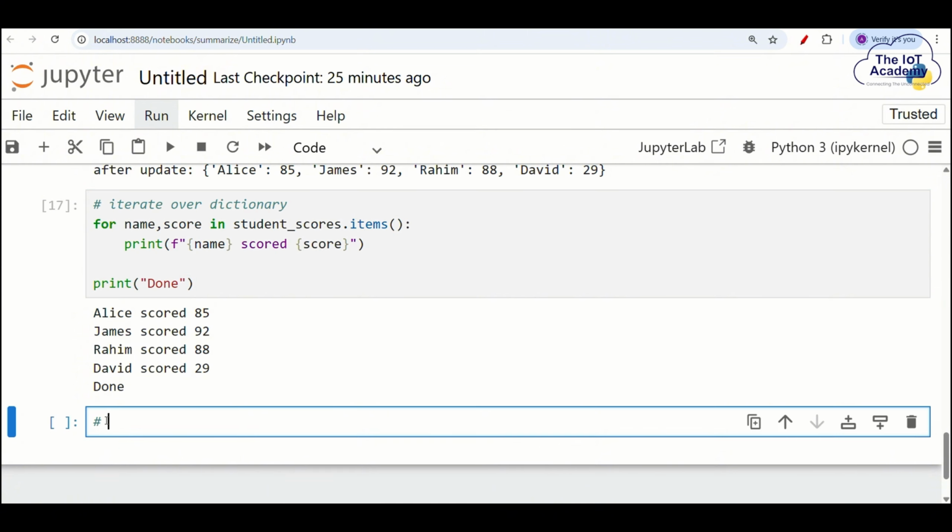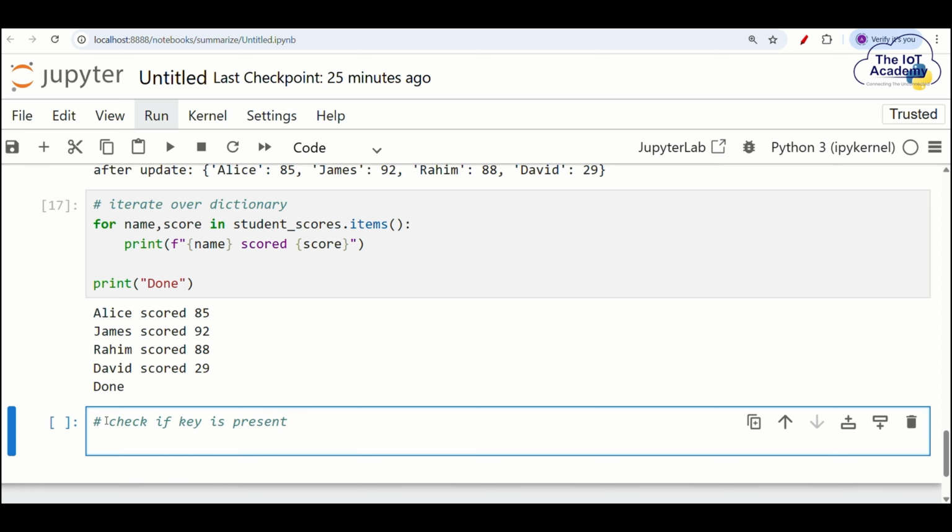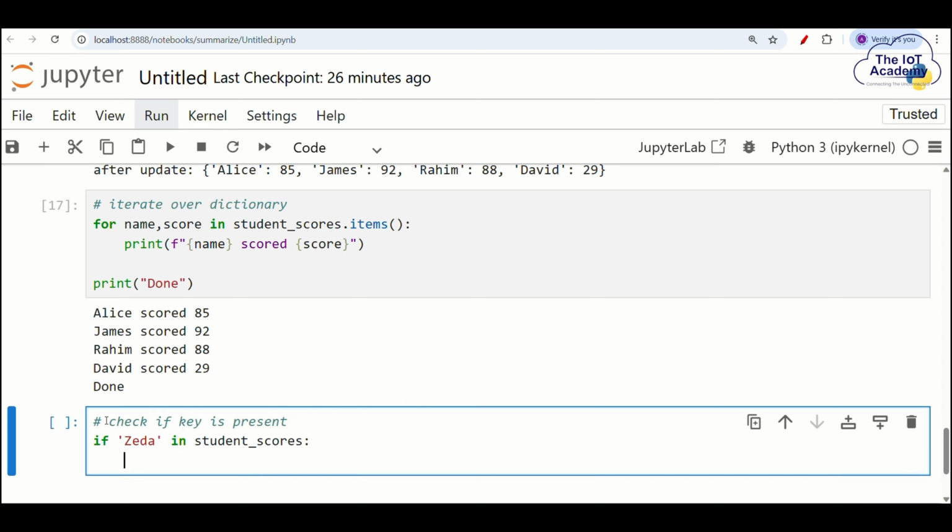So what if you want to check if a key is present? Checking for a key. Let's say you want to check if a key is present or not. You don't know. Well, there is a way you can check. You say if, and let's call it Zeta. There's a guy named Zeta. Let's say Zeta in student_scores, then print,